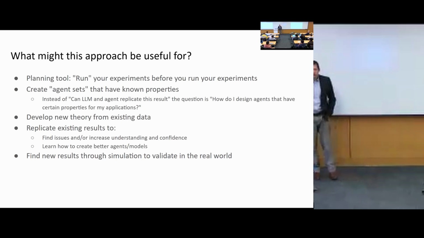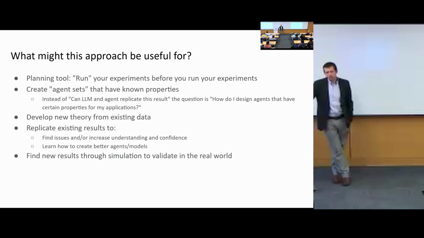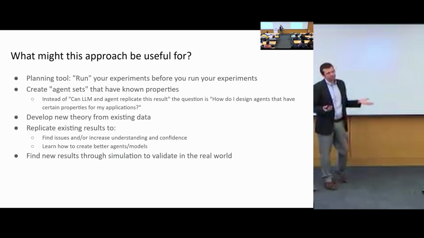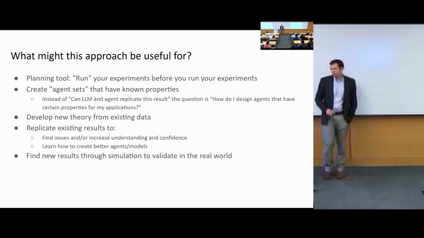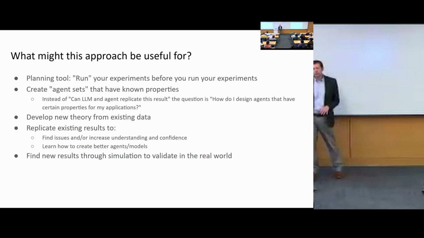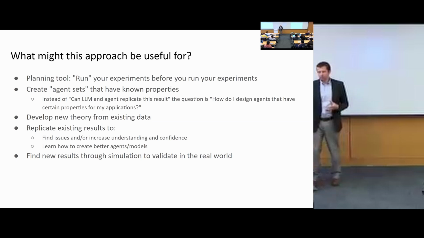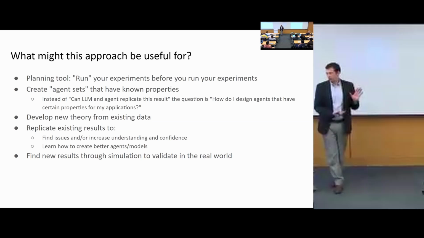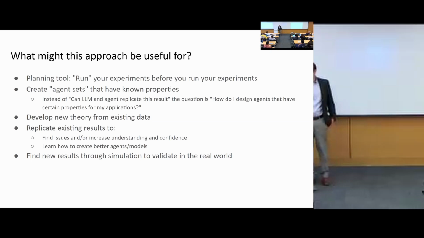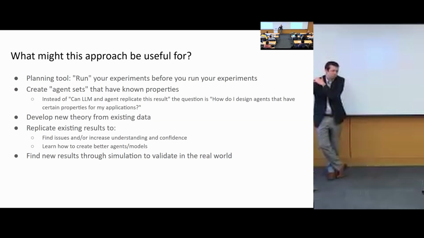I could imagine in the future, people are doing studies and people want to know, well, what's your reference agent for this human behavior, and what does the gap look like? I'm speculating, but I could imagine this becoming a standard thing that people do. I don't think people are ever going to say, you discovered something with agents, great, let's write it up, we've now discovered something new about the world. I really do think it's a tool for doing actual empirical work, that it makes empirical work better. And maybe at some point people don't quite care what tools you use. It just becomes something useful to use.